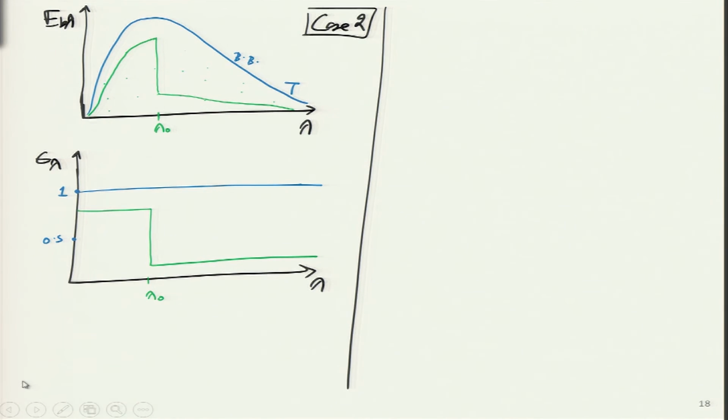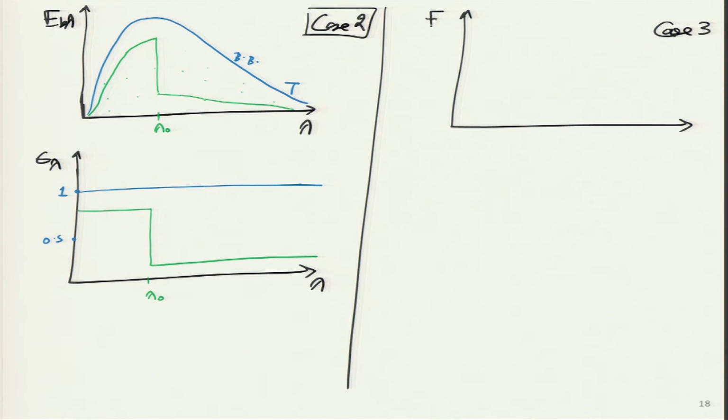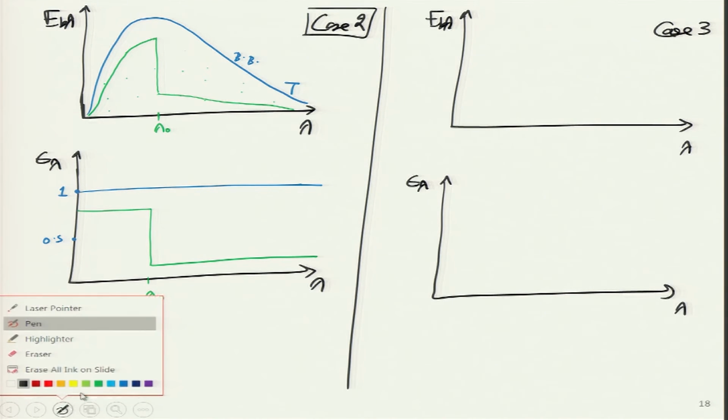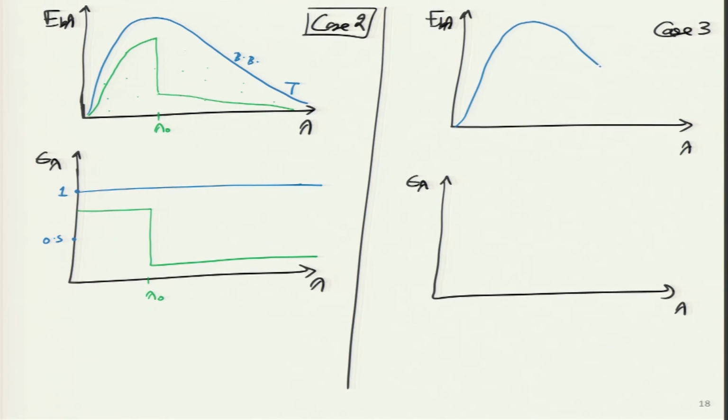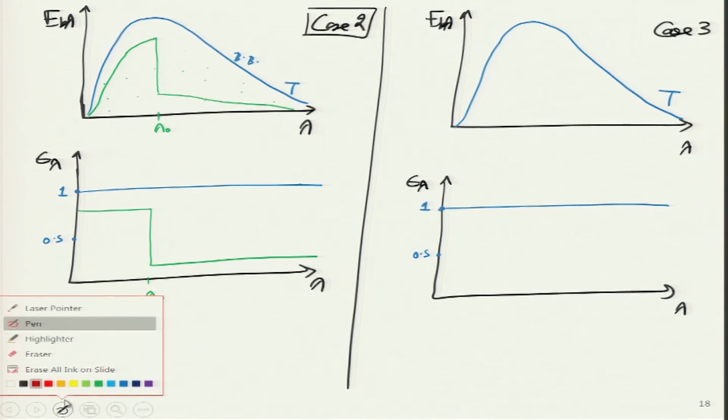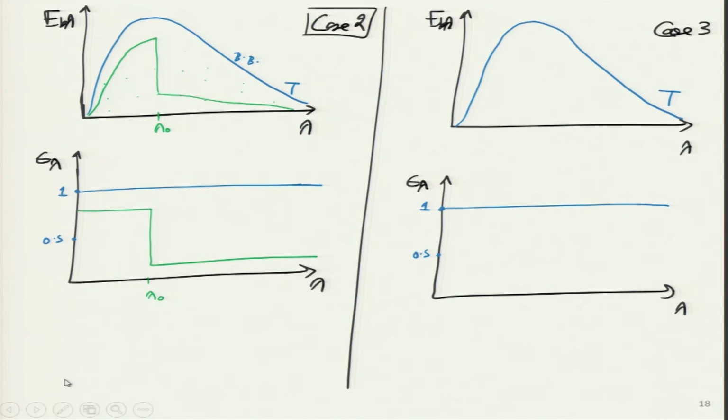And then finally, I did this experiment one more time and I call it case 3, and this is E b lambda versus lambda, and this is epsilon lambda versus lambda. What I get over here is the black body spectrum at temperature T, for which emissivity will turn out to be 1. And what I get in red over here, I think what did I start with? I started with red, green, then maybe another color I will use over here. What about orange? So, I will use orange, and here the values which I am getting is kind of like this.